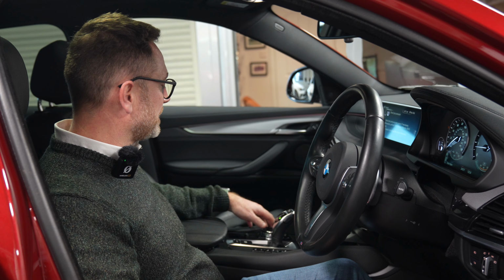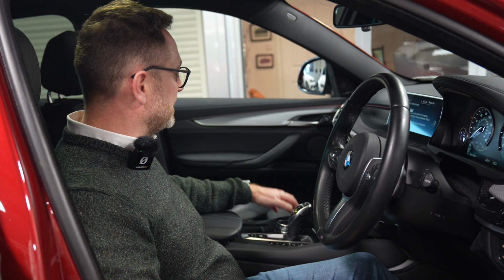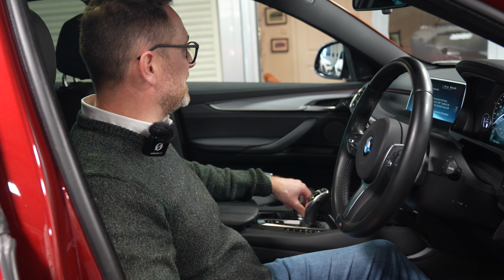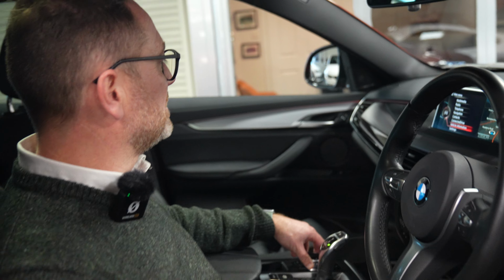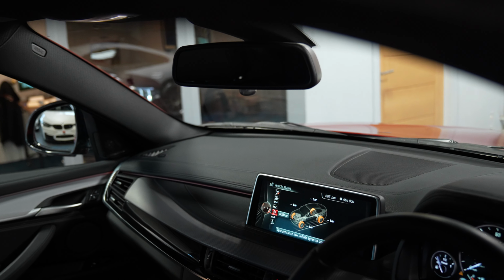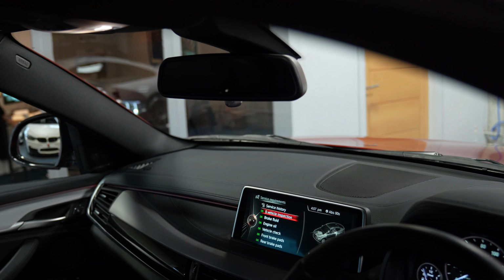24,317 miles, and the next service isn't due for ages because it has literally just been serviced. Let's go and have a wee look at the iDrive. Vehicle information, vehicle status, down to service,